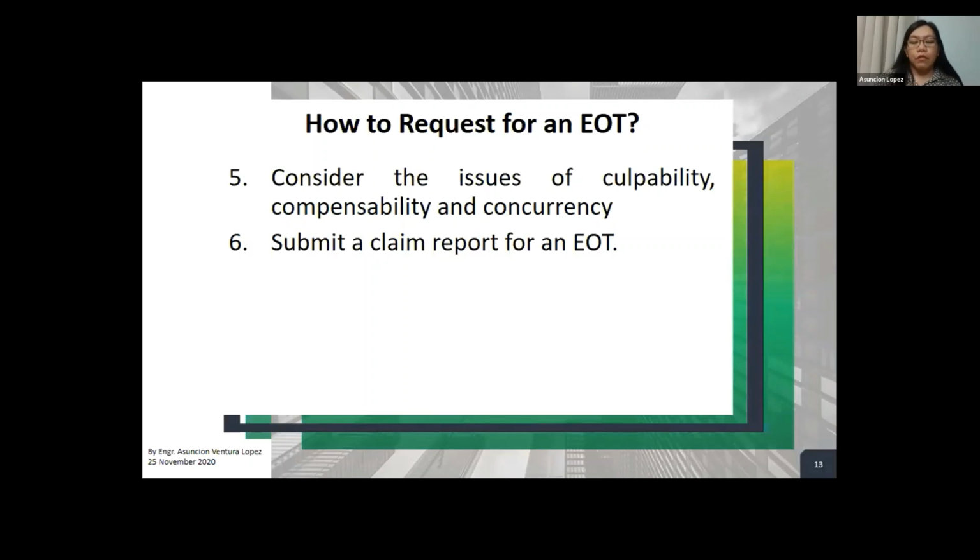That's what I am always encouraging the quantity surveyors: if you did the cost estimate, if you did your program, your schedules, if you did the delay analysis, it would be better if the same person also prepares the report in detail, because you know all the details and you know how to defend the time claim.